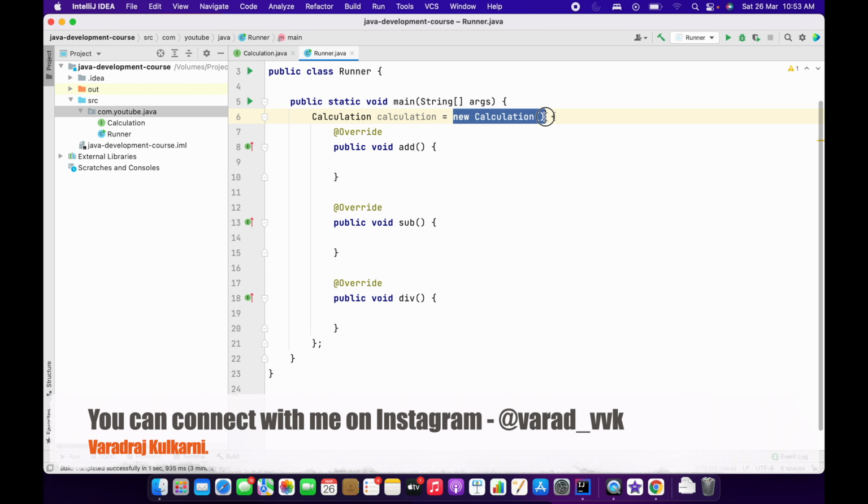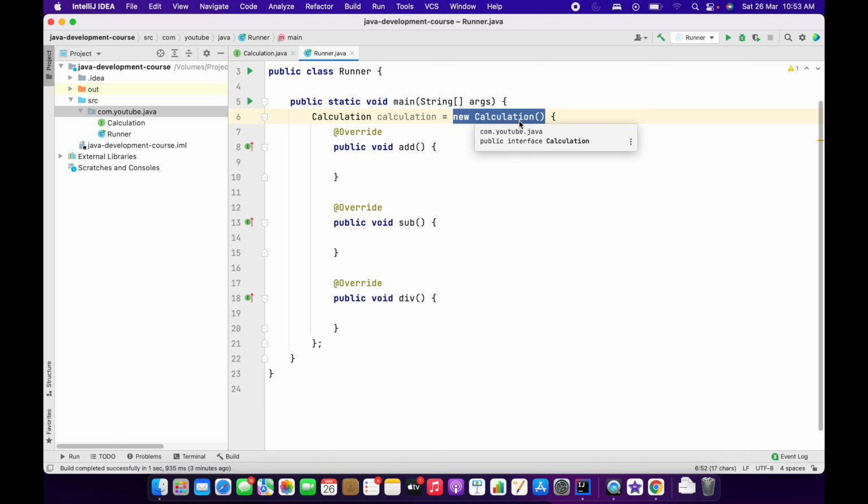Now at this particular point of time, many people may say that we cannot create an object of an interface, but how are we using this new keyword, and how are we trying to use the constructor of the interface? So over here let me tell you one thing quickly. We are not creating an object of the interface over here. This particular line is creating one anonymous class. Again, anonymous class means a class which doesn't have any name. So this line is creating one class which doesn't have any name, and that class is implementing the Calculation